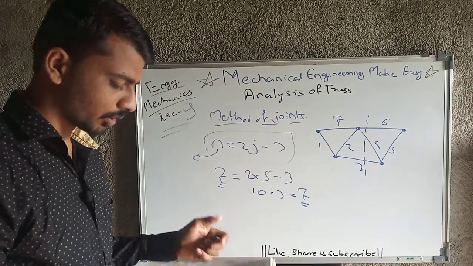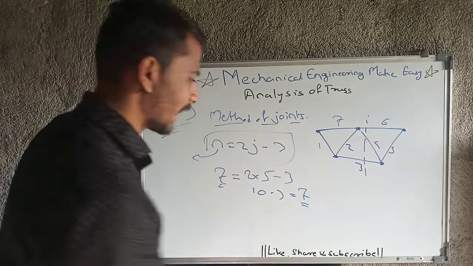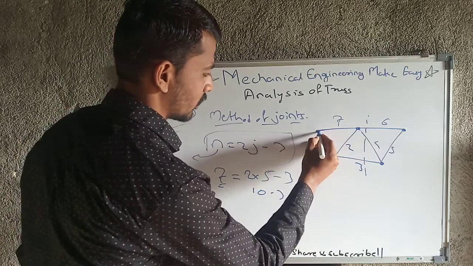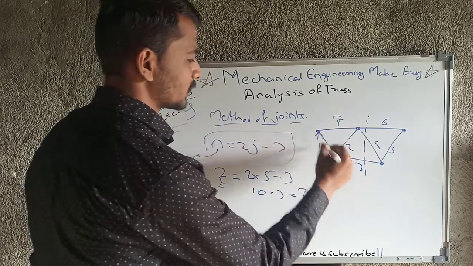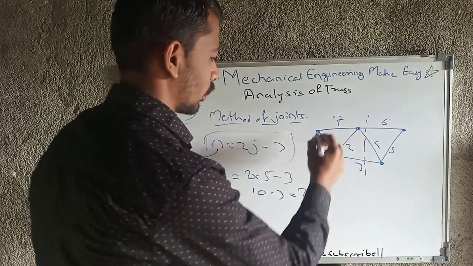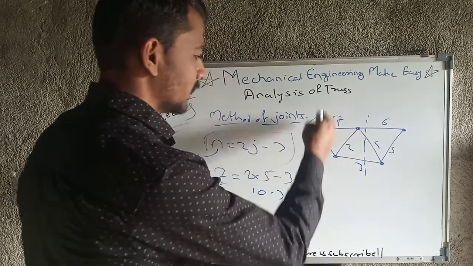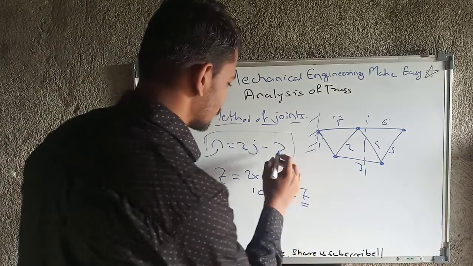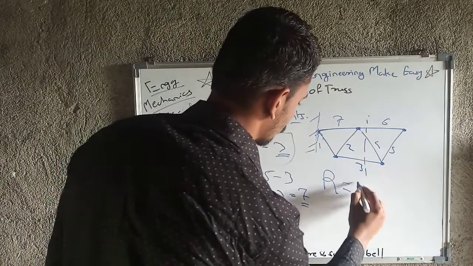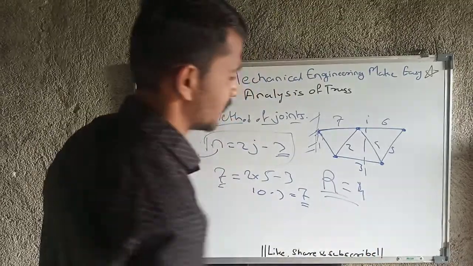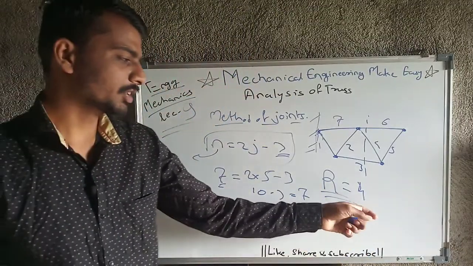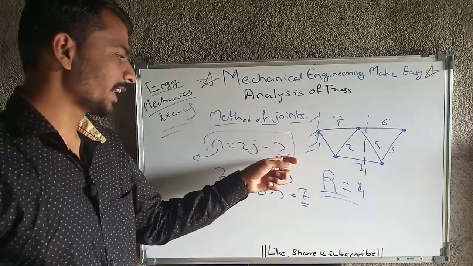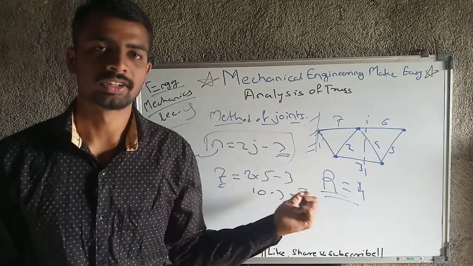But before the next step, if there is a cantilever beam, there may be chances that this truss is supported only at this point and not at this point, maybe. Okay, and here it will be directly fixed. If so, that truss will act as a cantilever beam, so in that case this reaction component, that is r, will be equal to 4 reactions. Okay, so note down this point, it is very important. But as far as our numericals are concerned, 99% we need to use the value 3.